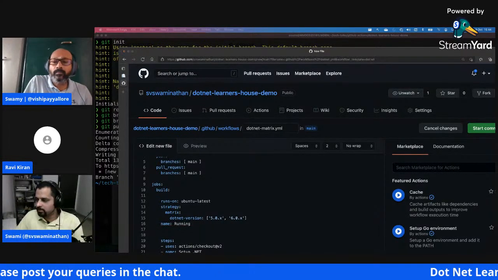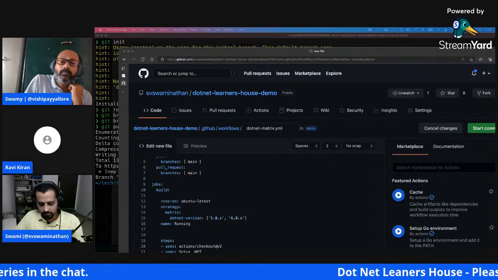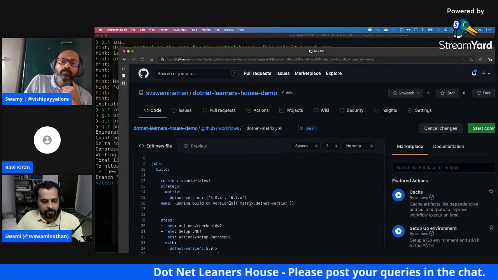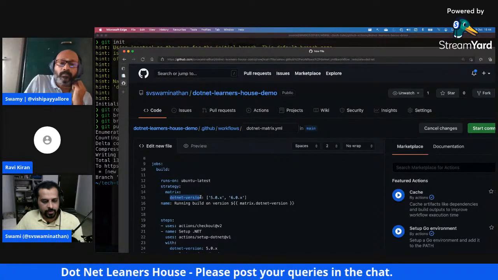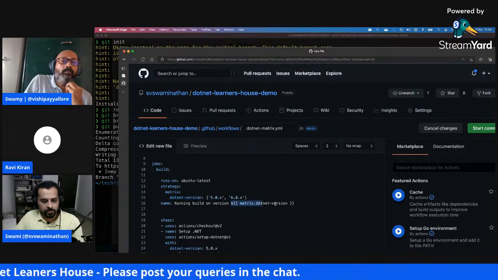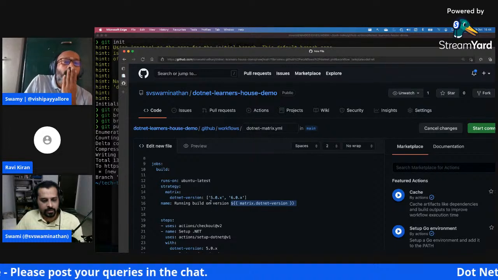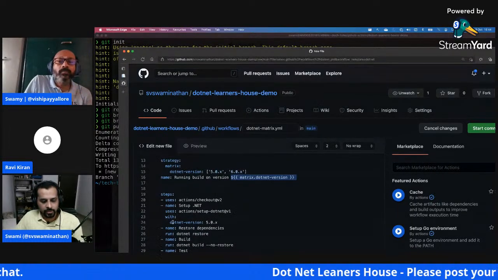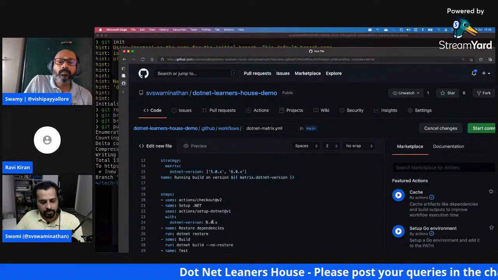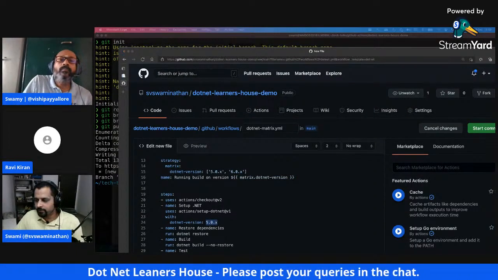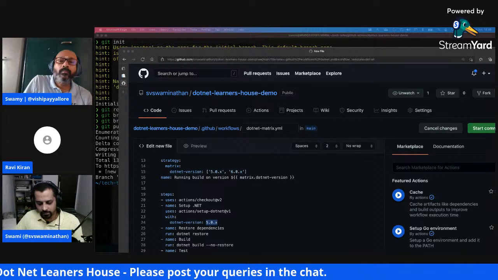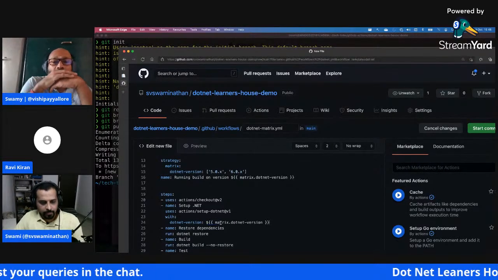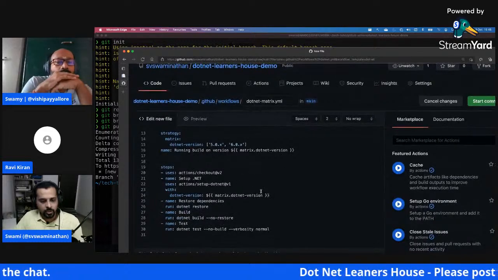I'll quickly copy this so that it's easier. So basically, this is how you will reference this particular .NET version, whatever we've specified here. I'll just say .NET version, and I'm specifying this so that it displays which version name the build is running on. And here, what would change is, as you can see with .NET version, we have set it up as 5.0.x. Instead of that, we would be using this matrix version here, the same way we reference a variable. Let me complete this code and I'll show you how this works.